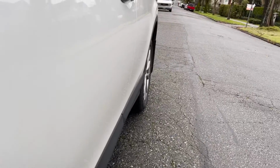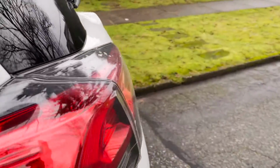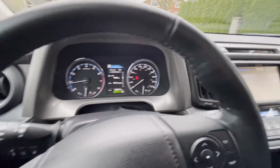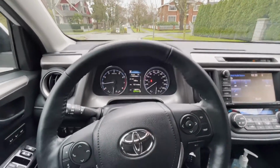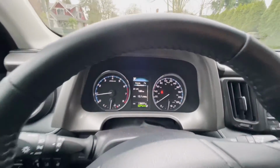So this is going to be a car for my wife. This is the car she's driving currently, and we're taking it in. It served us really well, and nothing wrong with this car actually. And in fact, even the interior and everything else is pretty up to date. It's got a low mileage. It's only 3 years old, but we were able to get hold of a Prime, so we are taking